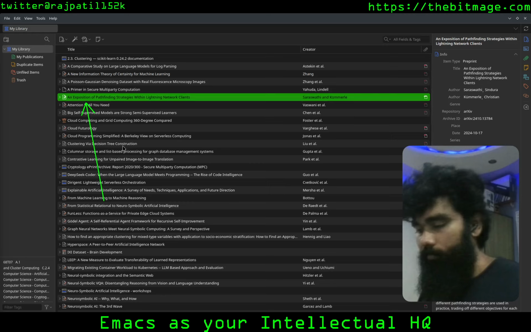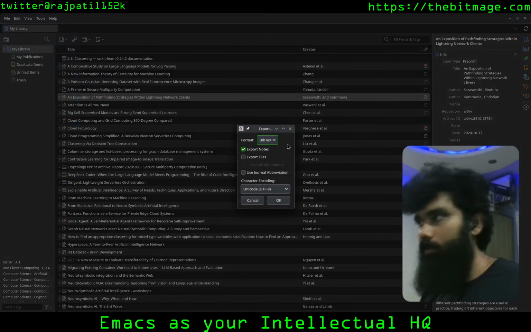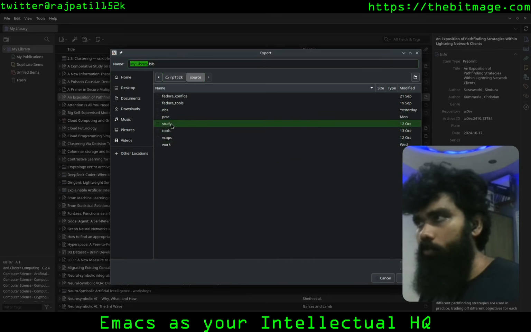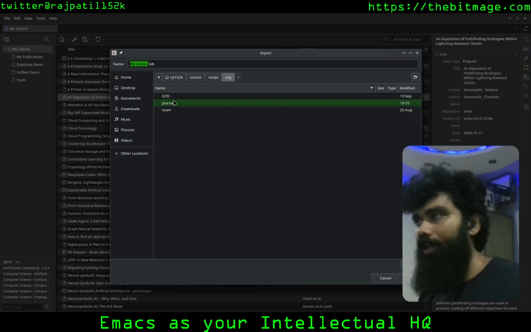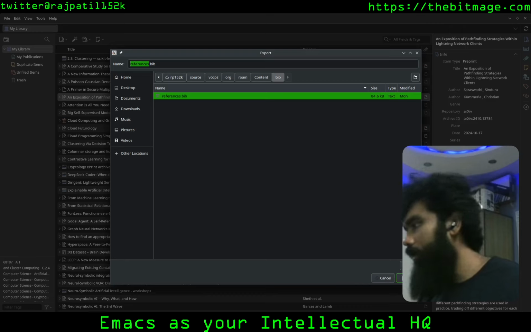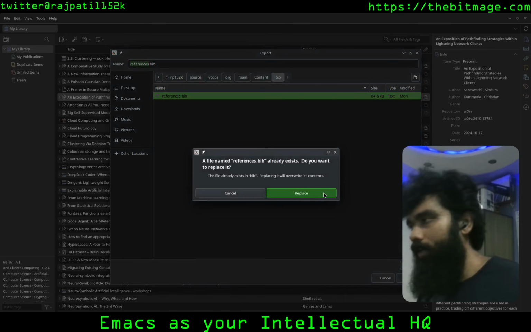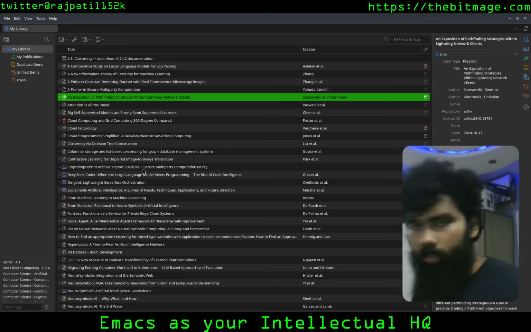So now all of this can be exported via a bibliography file. I just export my library in a BibTeX format, and I store it again in a version controlled setting. I do not do this regularly. I just do this once when I actually want to refer to these notes in my Emacs org-roam setting. I save it in the same file again and again. This is version controlled, so anytime I overwrite it, it's getting version control. Version control is a good practice. It just makes life easier.